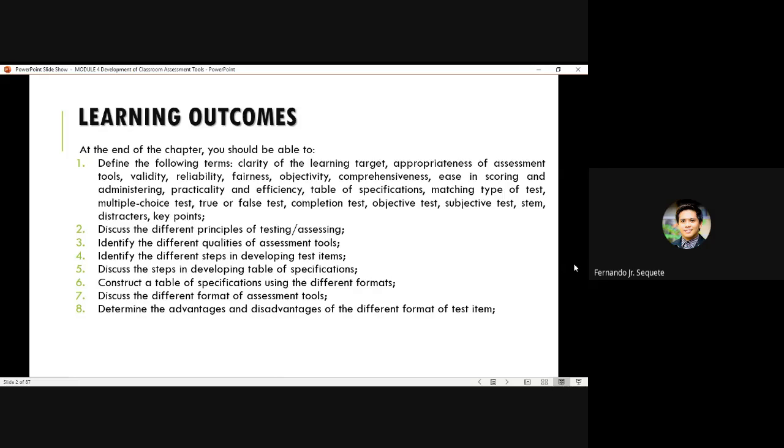Kasi nga, ang goal natin dito, children, is to come up with an appropriate test item, not to come up with a best format of test item. Okay, ang goal natin again is to have an appropriate assessment tool or test item. That is why, kailangan talaga natin malaman kung ano yung disadvantages at advantages ng different format of test item para alam natin. Number 9,